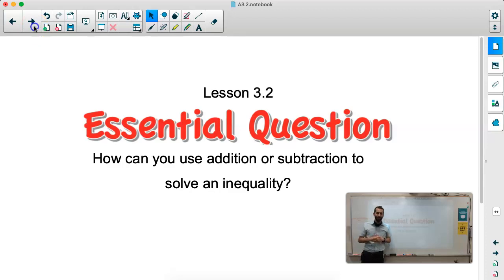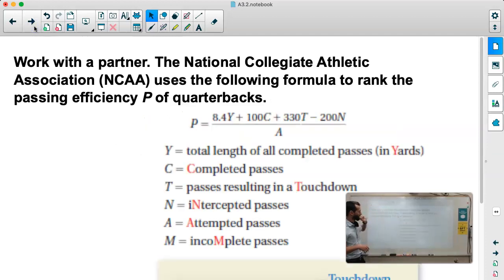Hey Algebra, we're going to take a look at lesson 3.2 today, and it's talking about inequalities and solving those with addition and subtraction. Now, the way this works is just like it would work with equations as well. We're really just moving things from one side to the other using addition and subtraction and simplifying as much as we can. Okay, we're going to start off with this weird formula, and you can see I've written it down